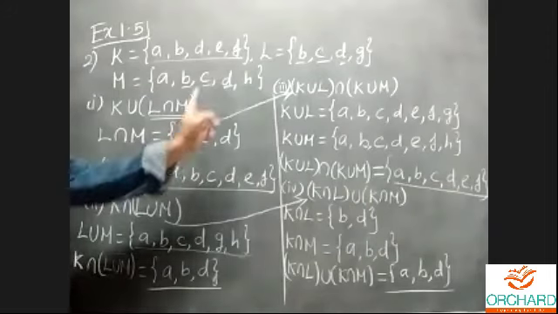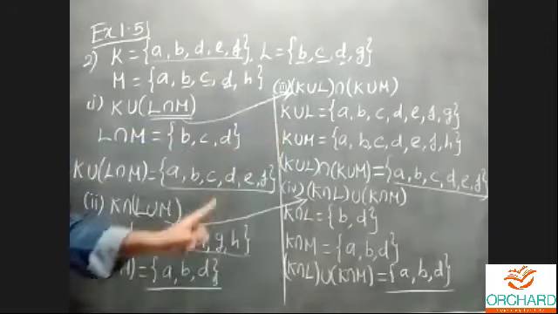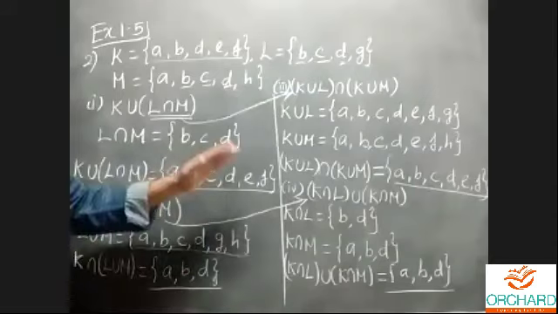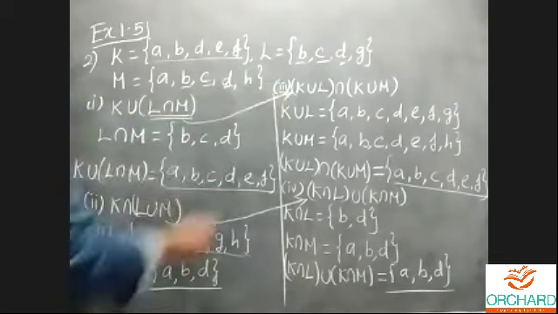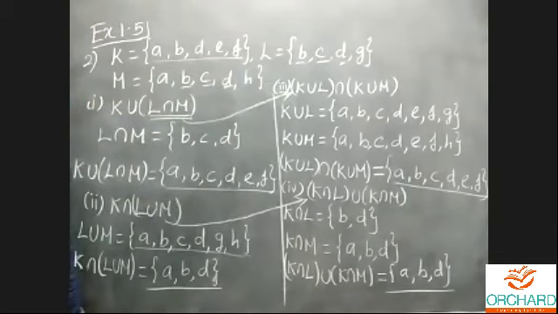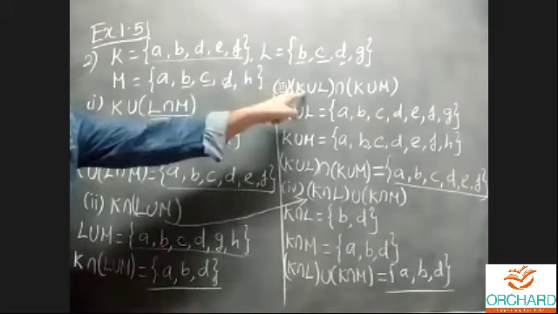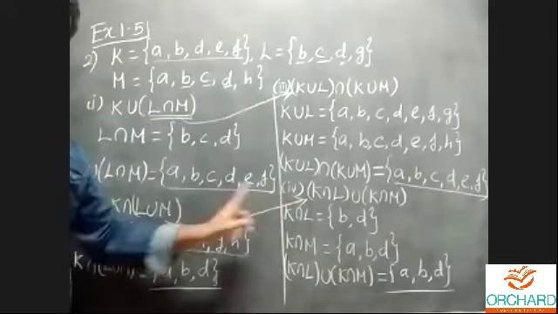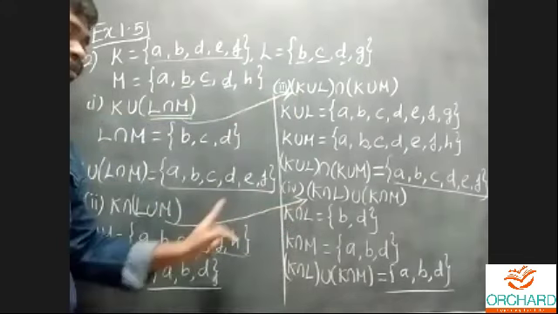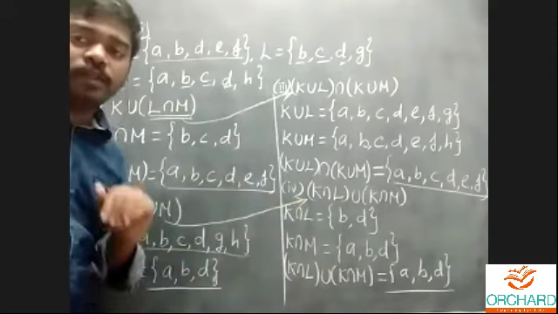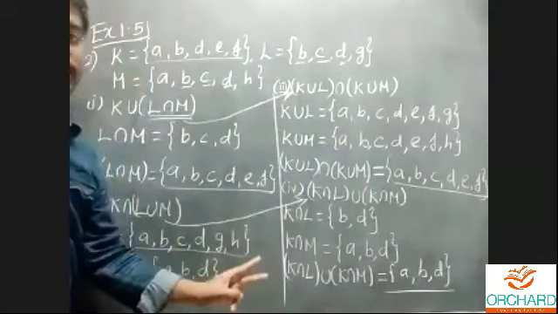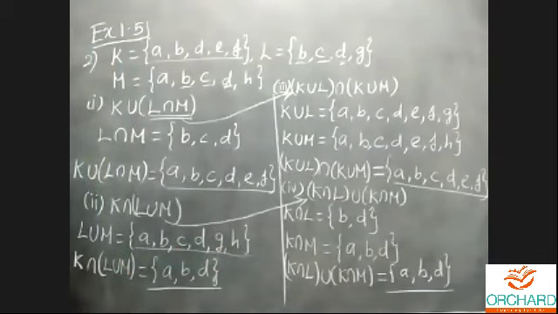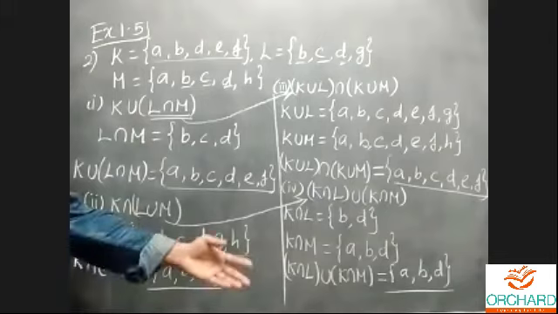Observe, the first and third subdivisions are equal. How to write after completing the fourth subdivision? From 1 and 3, I will write the conclusion: these two are equal. Next, from 2 and 4, these two are equal. And the final step: hence the distributive property is verified. These two lines you can insert after completing the problem. First complete all four subdivisions, then we can come to the conclusion.